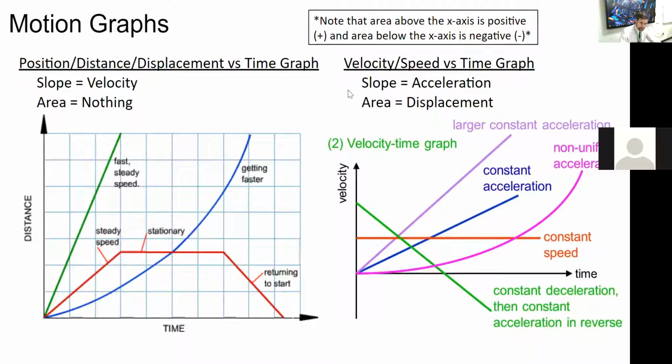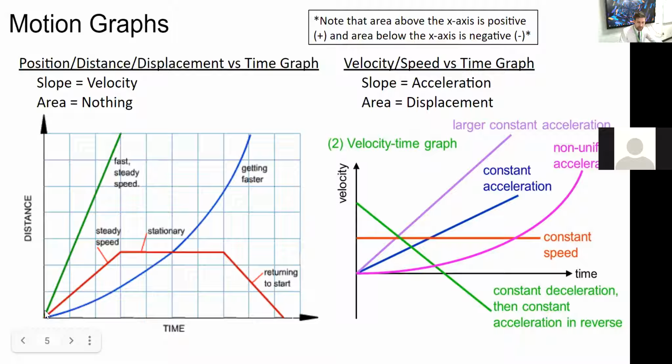Basically, there's going to be 2 main types of motion graphs, distance and velocity. And those lines, depending on whether they're curved, straight, and whether their slope is up or down or constant, are going to mean different things for the motion. So for example, if your distance or position or displacement, decide if it's any of those things, it's all the